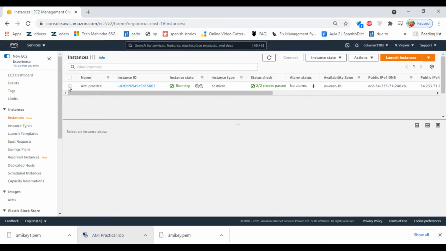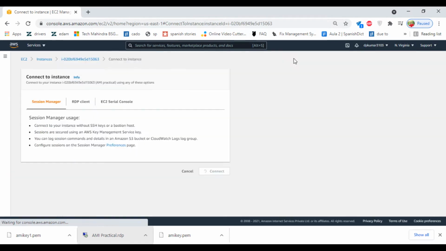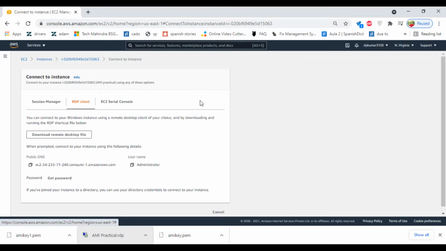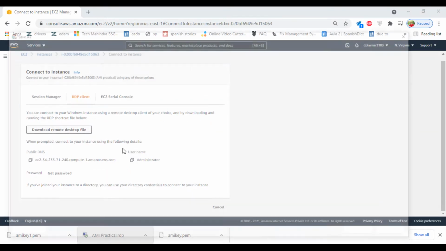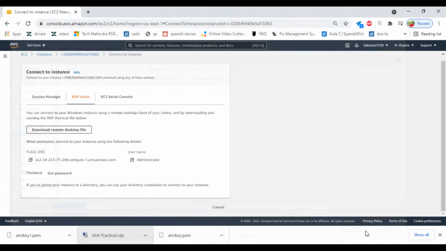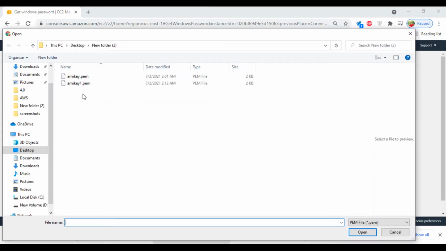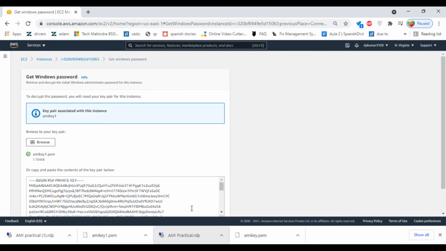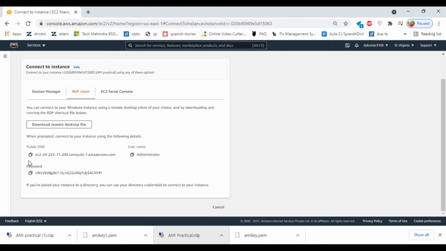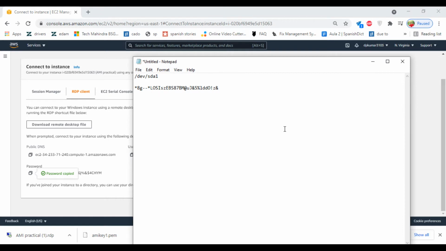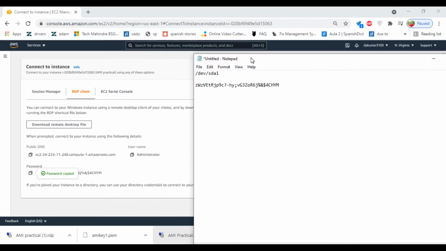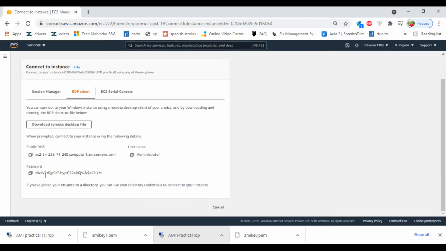So select the instance, click on Connect, go to the RDP client, download your RDP file here, get the password, browse for the key pair, select the key pair, decrypt it, copy the password. It will be useful for us later. Just make sure we have copied the right one. Fine.